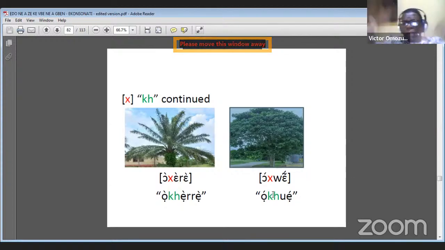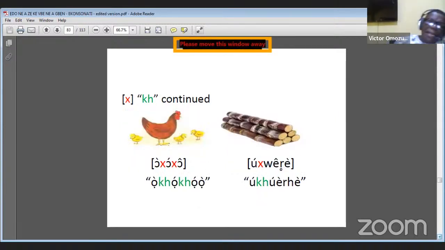Well, I put all these because of the sounds, the he sound. This is Ohwe. Ohwe is a soft tree. It's a very soft tree. Then ohoko. Uhuere. You see, the glide formation